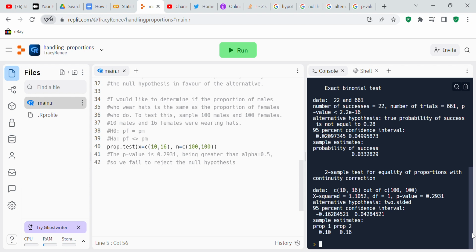And the code that we use is prop.test brackets x equals c brackets 10, 16 brackets, n equals c brackets 100, 100 brackets, and then you get a p-value of 0.2931. So since the p-value is 0.2931, being greater than an alpha of 0.05, not 0.5, 0.05, we fail to reject the null hypothesis. And then we come over here,